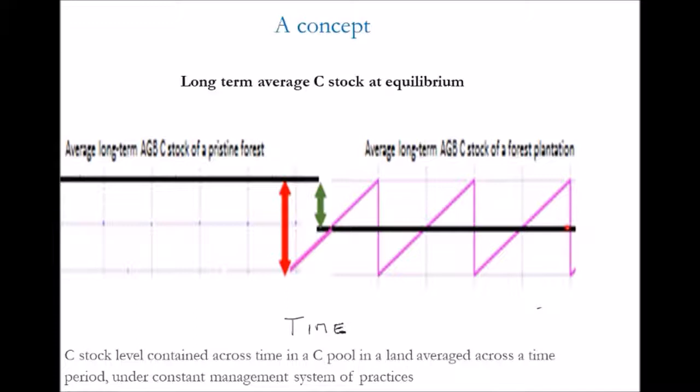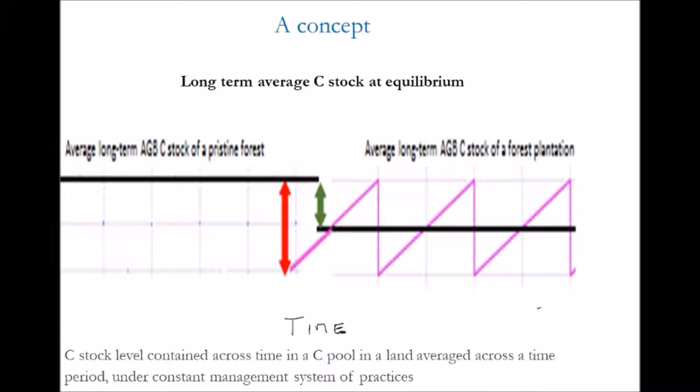Okay. A pristine forest, because it's not harvested, what the atmosphere sees is this carbon sequestration. So you see that even if the two systems may have at a certain point in time the same carbon stock, their impact on the atmosphere is quite different. In this case, the plantation's positive impact is half of that of a pristine forest. So having said that, we will develop this concept for